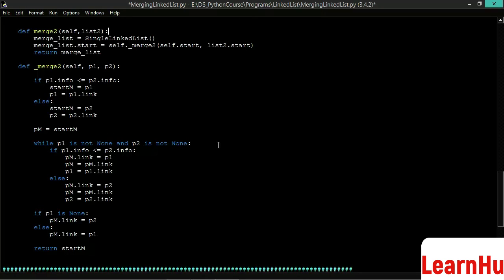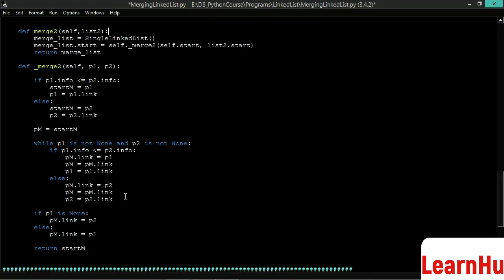Now this while loop will terminate when either P1 or P2 becomes none. If P1 info is less than or equal to P2 info, then we insert the node referred to by P1 at the end of the merge list and we move Pm forward and P1 forward. Otherwise, we insert the node referred to by P2 at the end of the merge list and we move Pm forward and P2 forward.